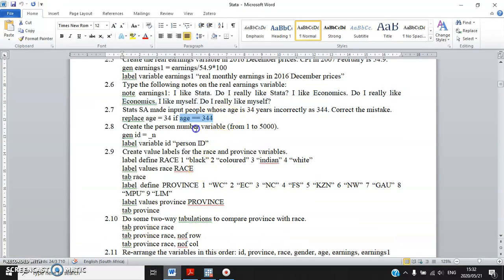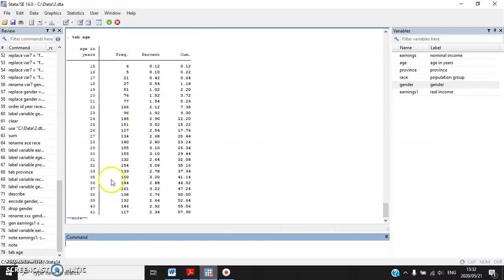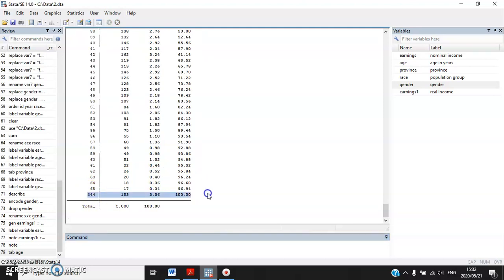Next one, the age. Let's tab the age variable. It seems there is something wrong. Do you see there is no one aged 34 years old? You see 33, then 35. I think the reason has to do with a typo. We mistyped 34 as 344. No one can be 344 years old. So this is what